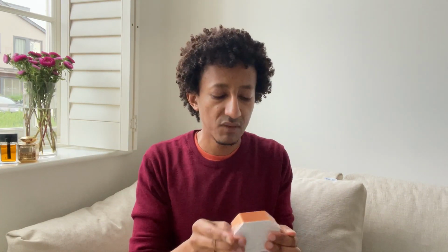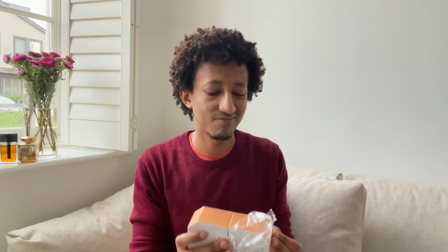Now let's talk about the last 3 perfumes. These are from Kayali. So we have Vanilla 28. Let me actually open this one. So this is Vanilla 28, and